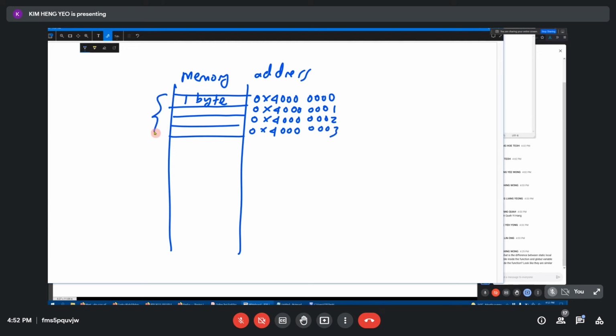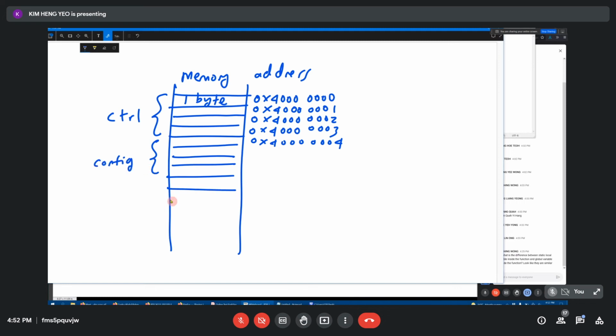Okay, so this is your control register, and then you have another 4 bytes starting from 0x40000004 for your second register, which is config, and your third register, which is calib, will be from 8. Okay, so how do we